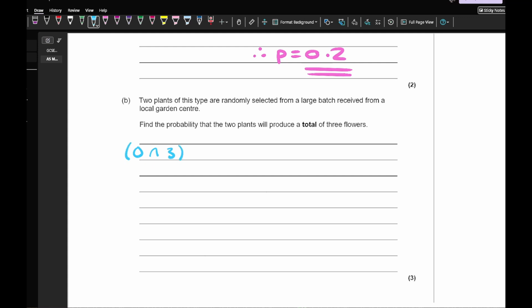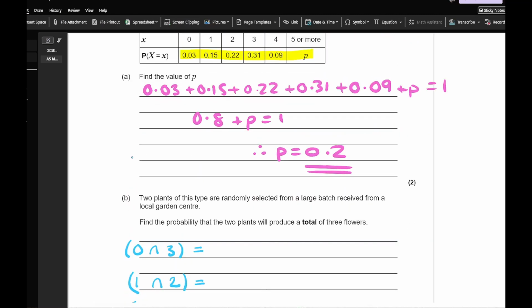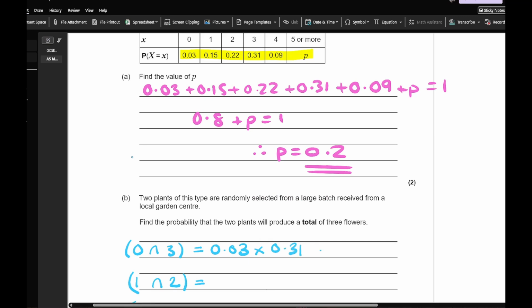We can get 3 by doing 1 and 2. We can get 2 and 1. And we can also get 3 and 0. And I think they're the only combinations out of 2 plants that give exactly 3. So what we then need to do is work out the probability of each of these. So getting 0 and 3 is 0.03 multiplied by 0.31,